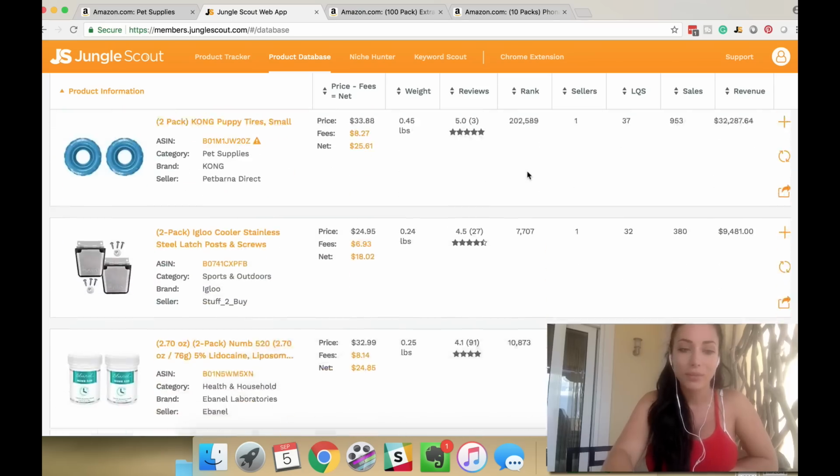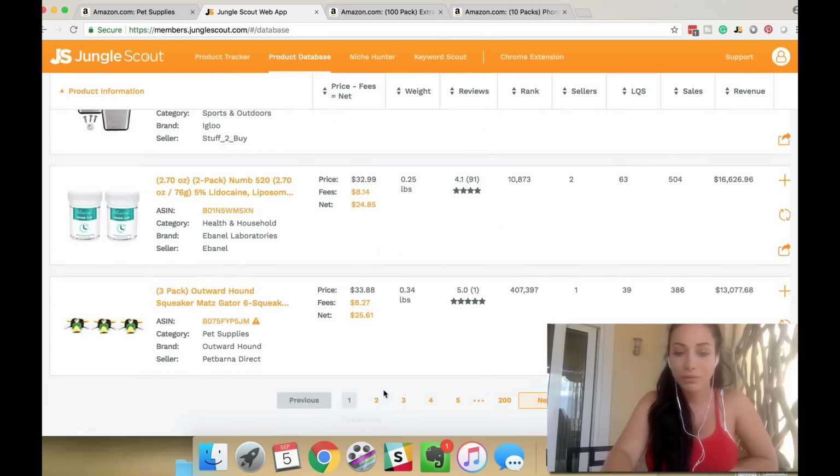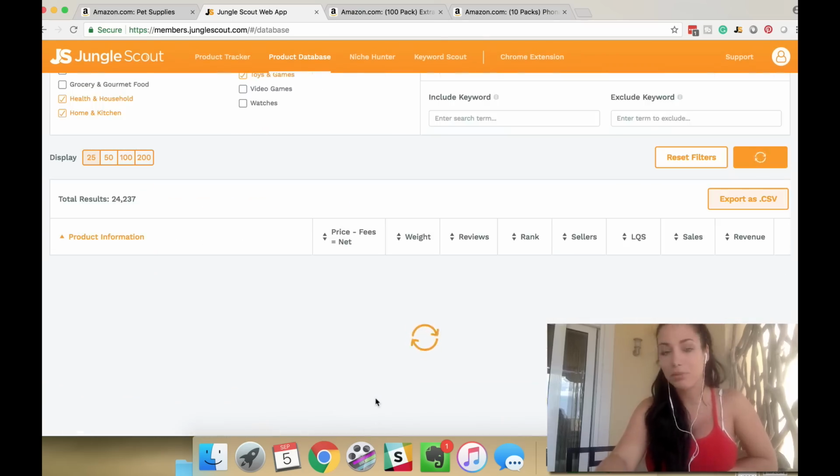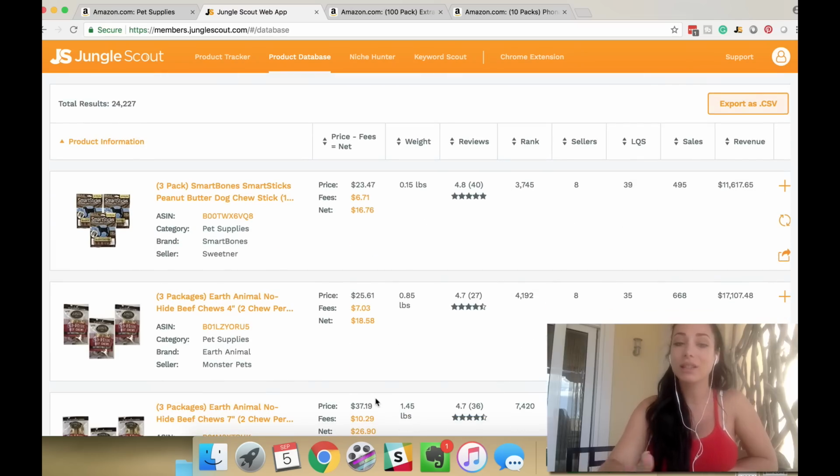It's kind of fun. So, you know, there's pages and pages and pages of products, and that's what it's going to take. It's going to take your time. It's going to take your patience to go through page after page after page. But I know that the students of mine who do that, they're the ones who are successful. They're the ones who find those